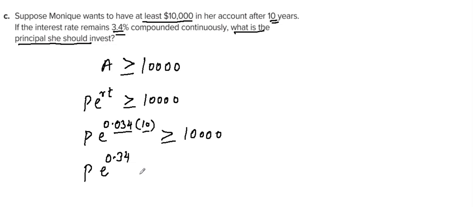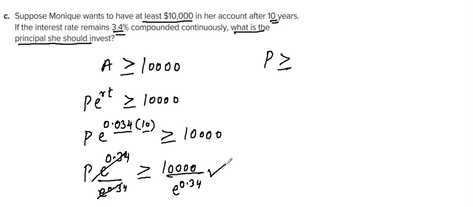When you multiply it with 10, greater than or equal to 10,000. So what are we left with? Whenever you're dividing, because we have to solve for P, divide both sides by e^0.34. So this and this cancel out. P is greater than or equal to, use the calculator to find this value, which is